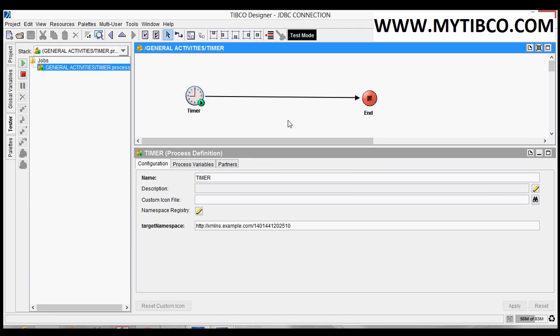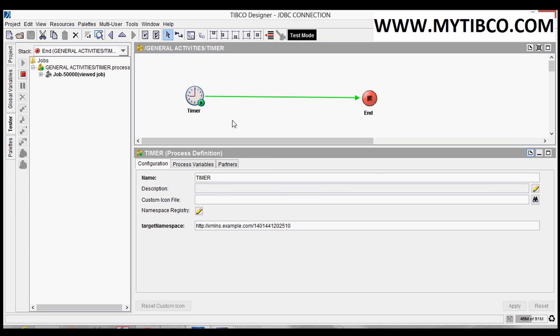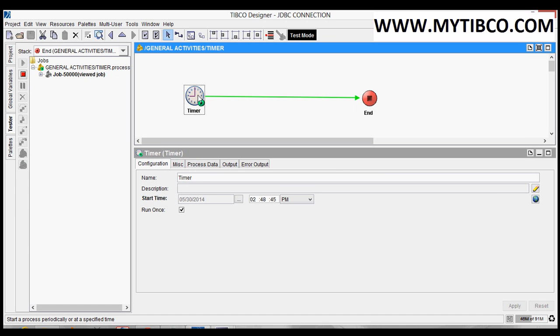This timer will generate a job. Yes, observe, the job is created.